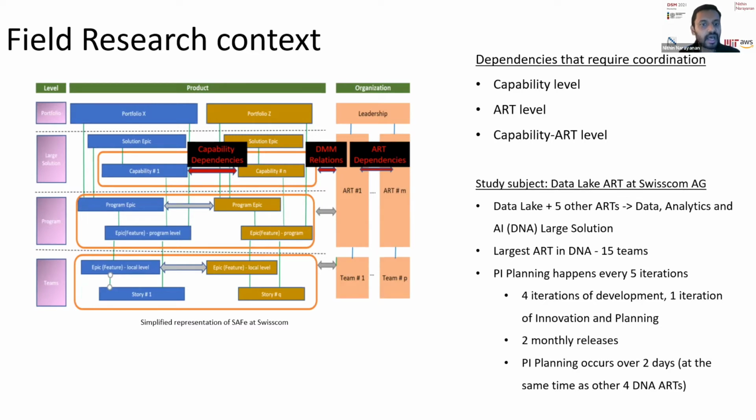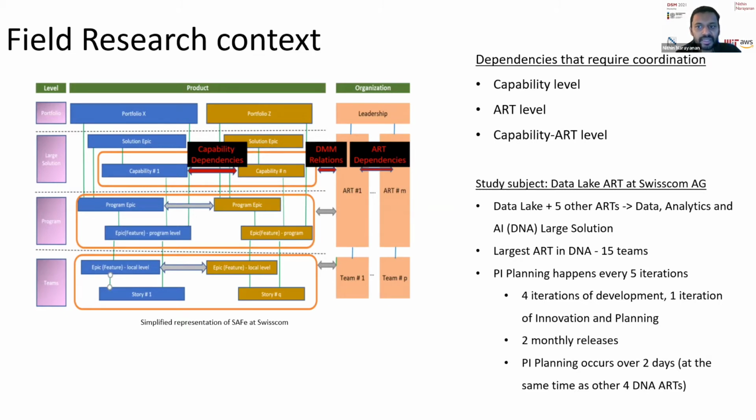And capabilities are an important part of these PI planning sessions. So it's called the product increment planning or the program increment planning. And their releases are typically 2 months. So they try to deliver once in 2 months whatever they have planned in a particular PI. And this planning session itself happens over 2 days where the entire team comes together and sits in a room and plans. I'm talking pre-pandemic, but that's how things used to happen.